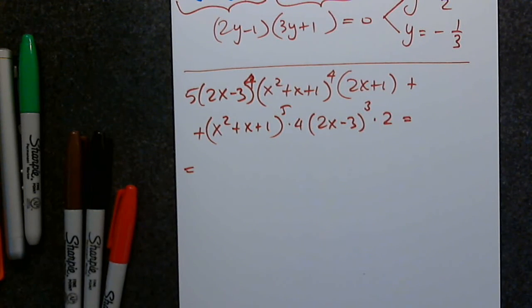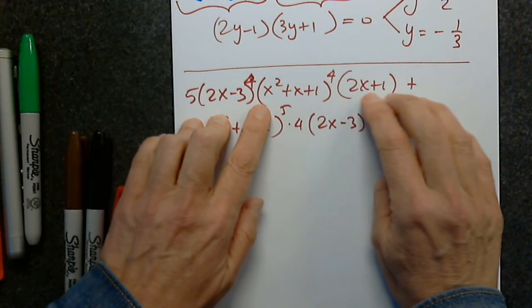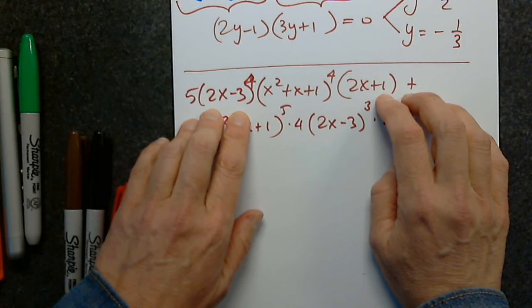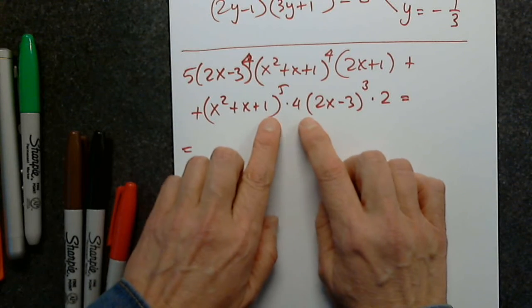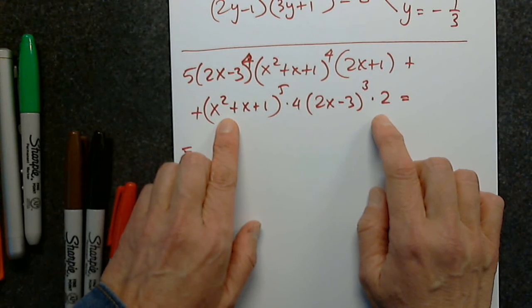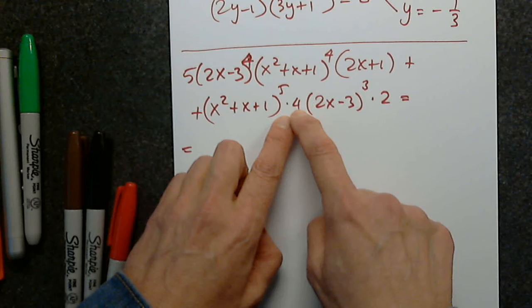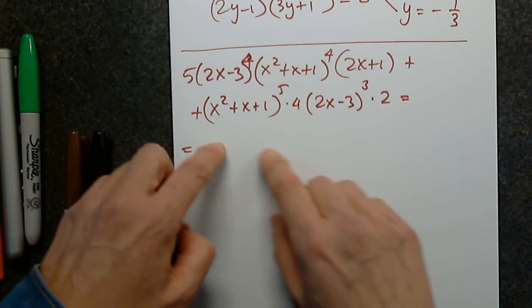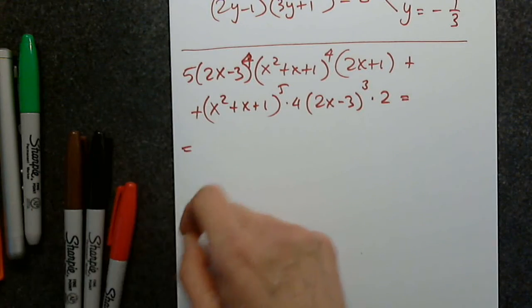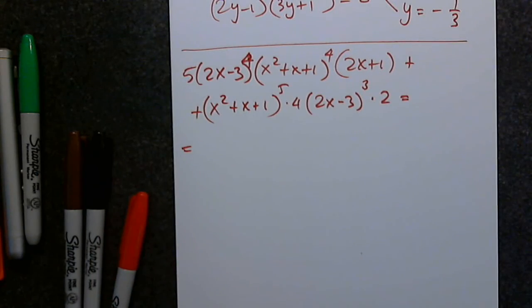My next question is, would you agree that the first term is kind of simplified? There is nothing I could do to it. Would you agree? But if I ask you, is this completely cleaned up? You should say no. Why would I have a factor of 4 in the middle and a factor of 2 at the end? I'm going to multiply these 2 and put the factor in front to rearrange correctly, to have